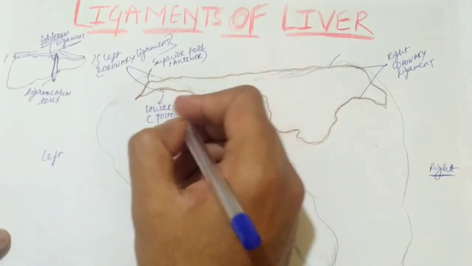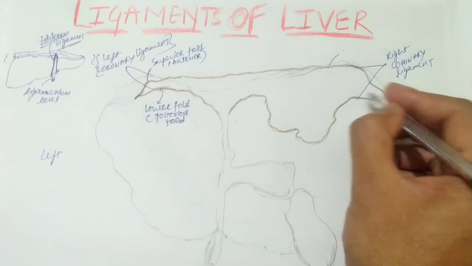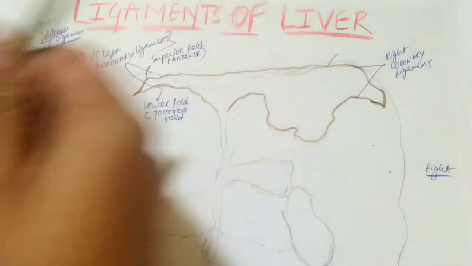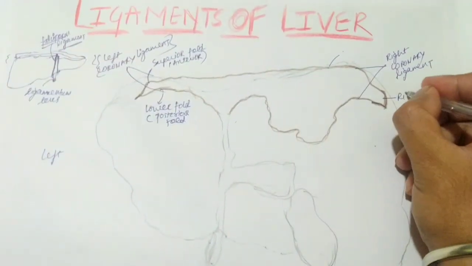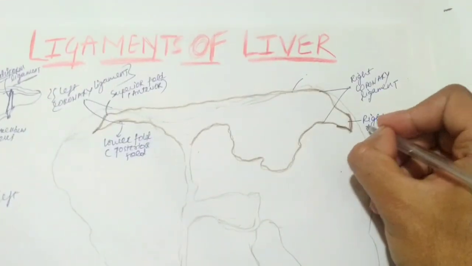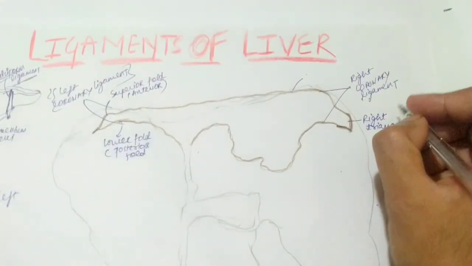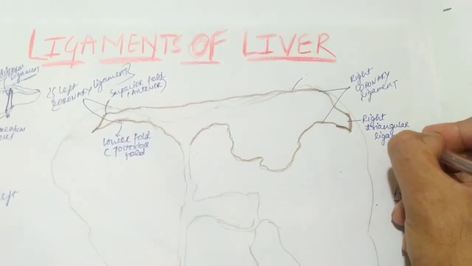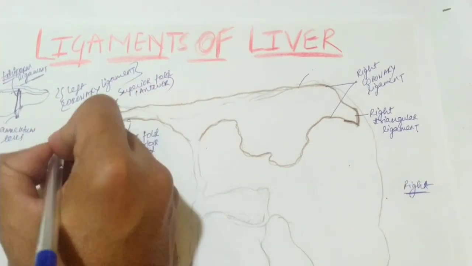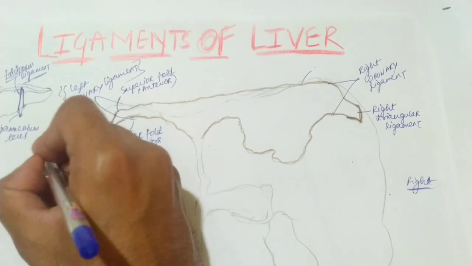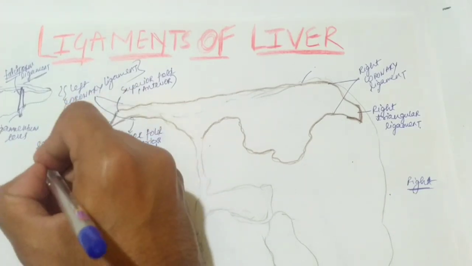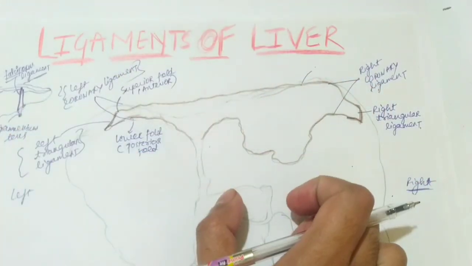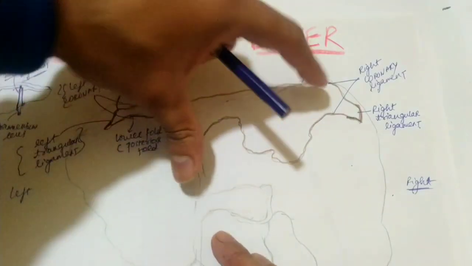And now this coronary ligament forms a triangle at its edges. So this edge which is forming here, like this, is forming a triangle here. So it is called the right triangular ligament, okay? And here this triangle is your left. So this is your left triangular ligament, okay? So we have discussed two ligaments. The coronary ligament's edges are going to form our triangular ligaments, and this is your coronary ligament, okay?